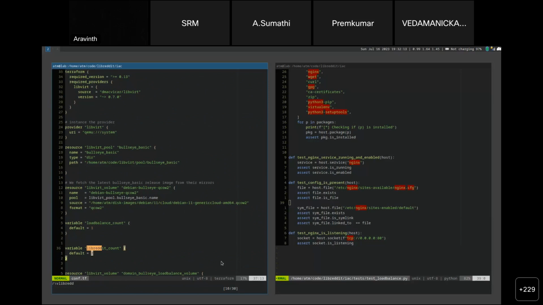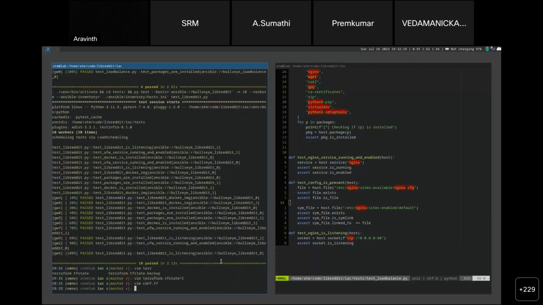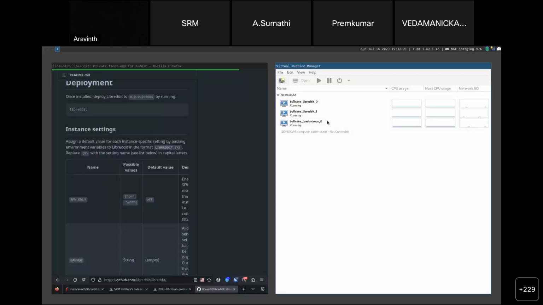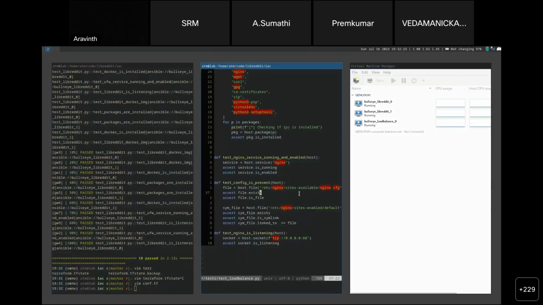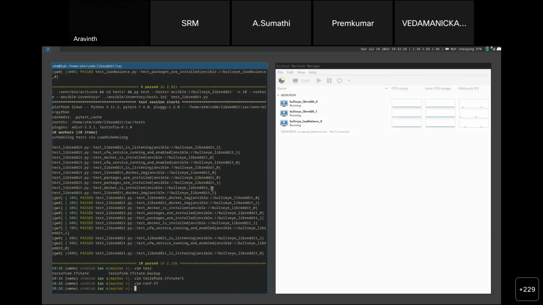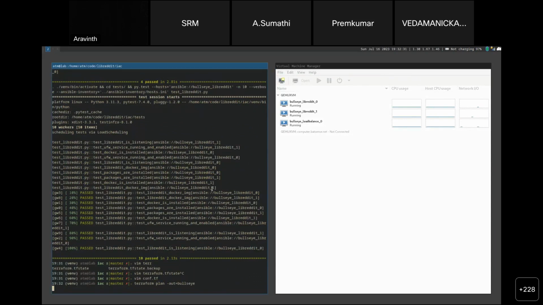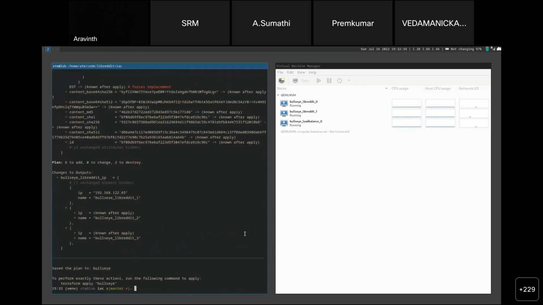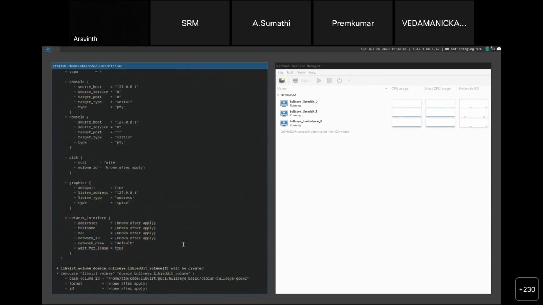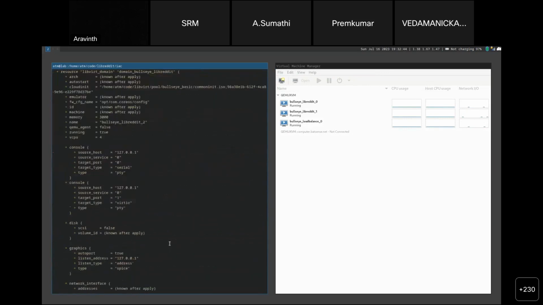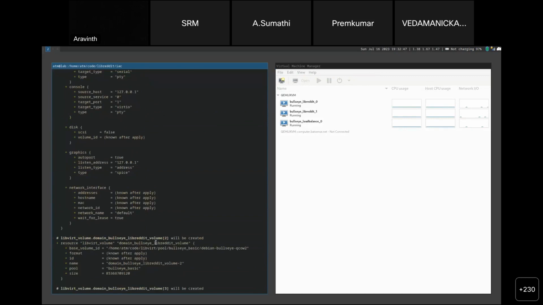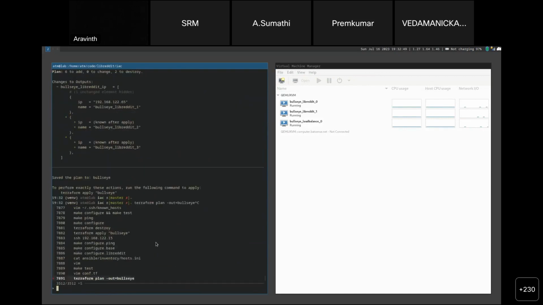So this variable controls how many VMs we need. I'm going to bump it to 5. And I'll bring that program in view. So we still have 3 VMs, but soon we will have 5 VMs. So Terraform is stateful. That means that it checks our current installation, to see which state it is in currently. So it knows that it only has to deploy 2 more VMs. And that's why we are seeing configuration for 2 VMs only. So after planning, we apply it.